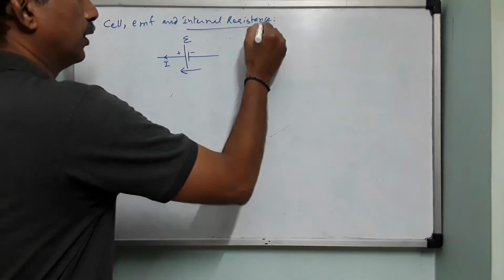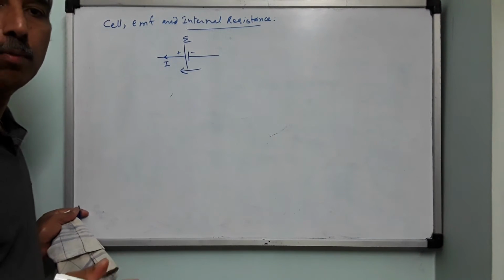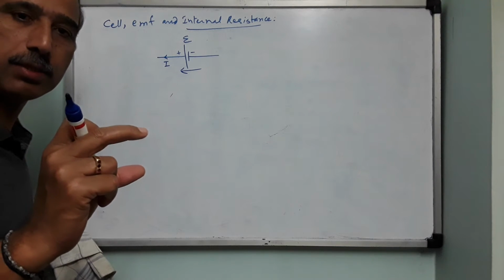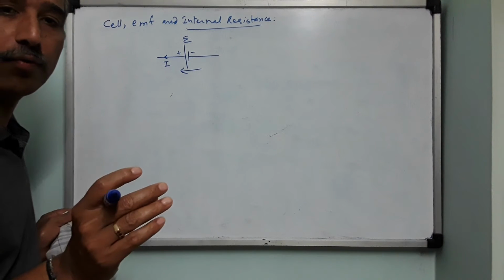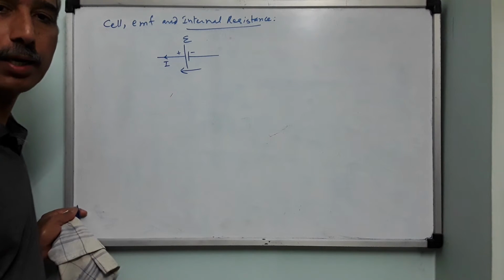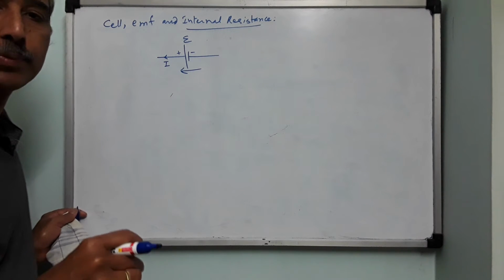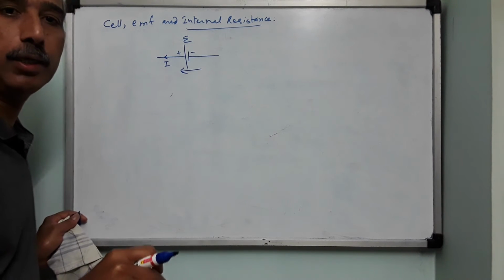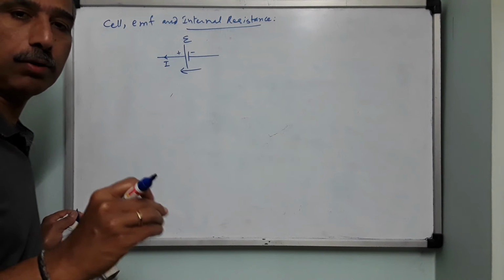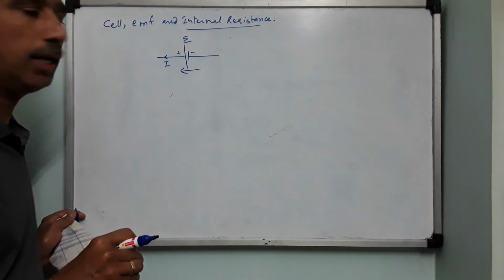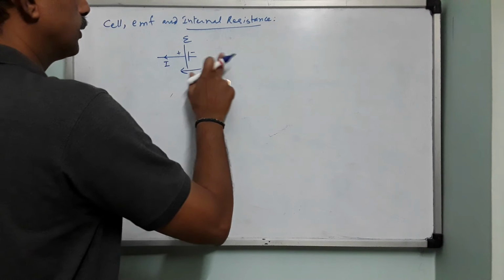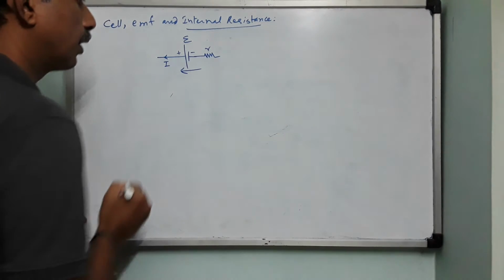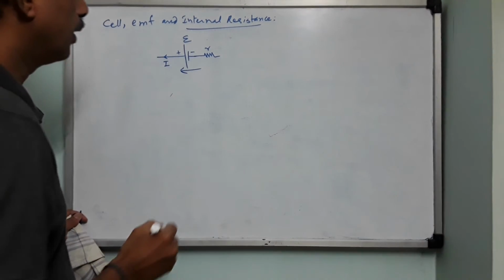That opposition force given by this electrolyte to the motion of ions from one electrode to other electrode is known as internal resistance. So therefore, more or less, whether the electrolyte is in the form of paste, as we see in the dry cells, or it is in the form of a liquid like Leclanché cell or Daniell cell, everywhere the ions have to encounter an opposition by the electrolyte. This opposition offered by an electrolyte to the motion of these ions is known as what? Internal resistance. So, more or less, every cell in reality will have a small resistance which is called what? r. Now this r is internal resistance.